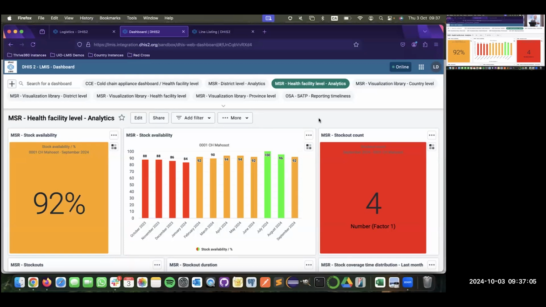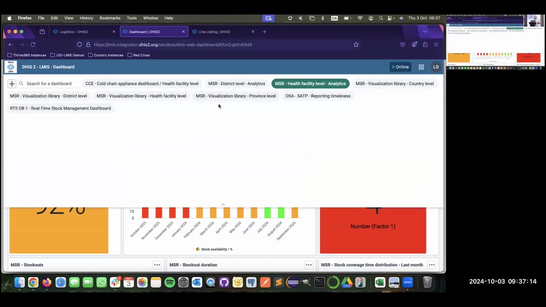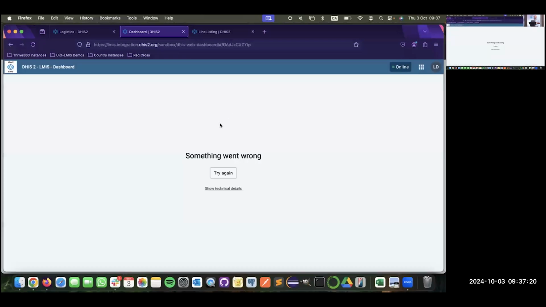And we have this request for real-time data and having up-to-date information. So what I want to just quickly show you is what we have on the demo website for the logistics. So we have a dashboard for CCE, so cold chain equipment. And here